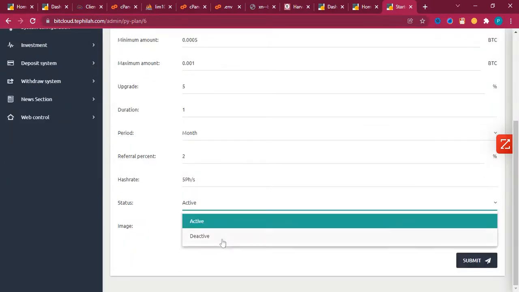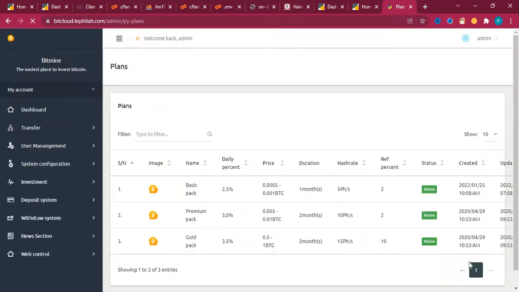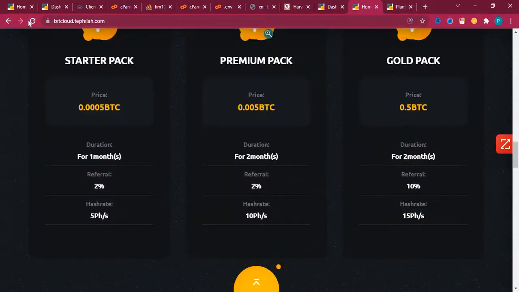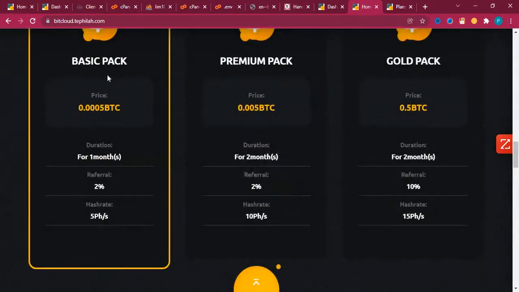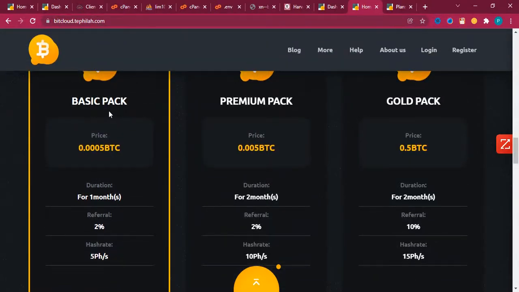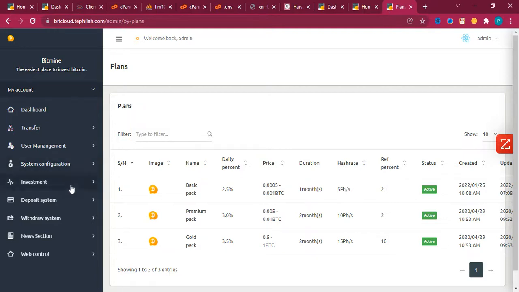I can decide to make it active or deactivate it so that it will not be shown on the front end. When I submit or update it, you find that the starter pack has changed to basic pack. When I refresh my front end, you see the effect I just made is now visible on the front end. We now have the basic pack, unlike when we had the starter pack. So that is that for that.